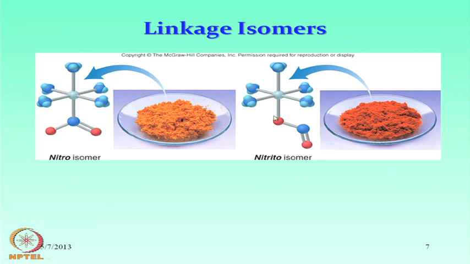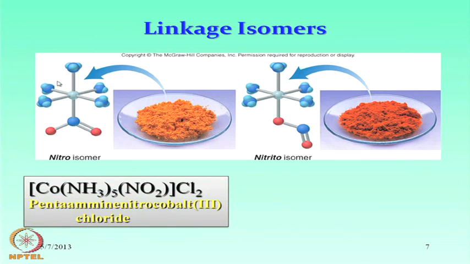The second one, bound through the oxygen of the nitrite group, is the nitrito isomer. The change in color of these two species also tells us that the electronic spectra change when we have the cobalt center forming